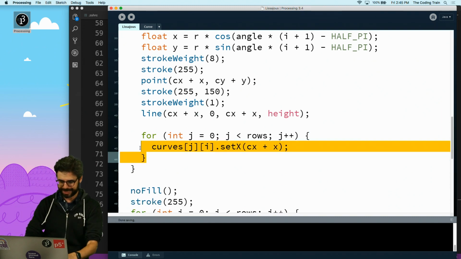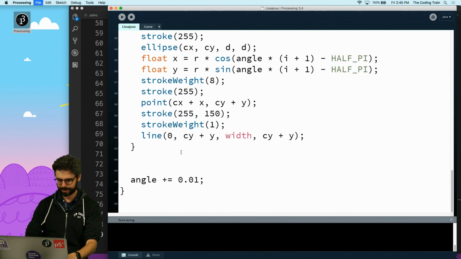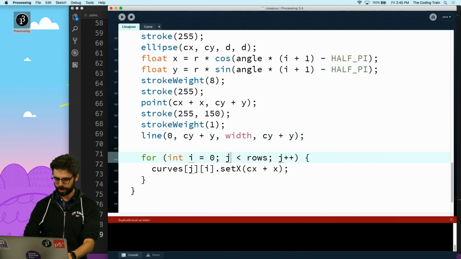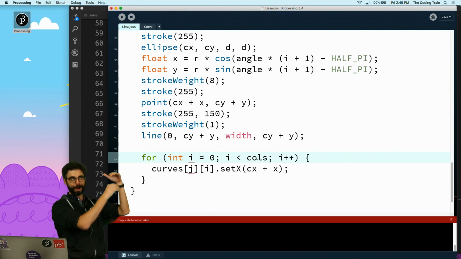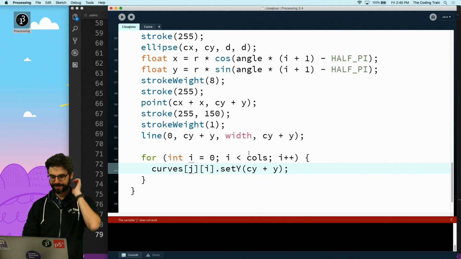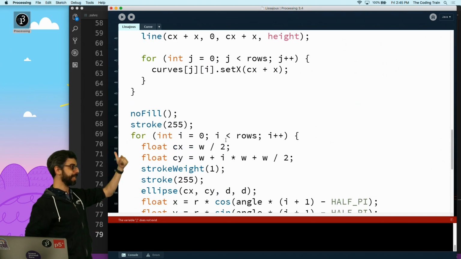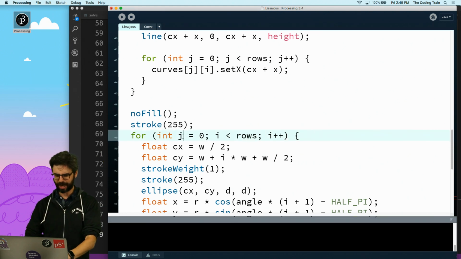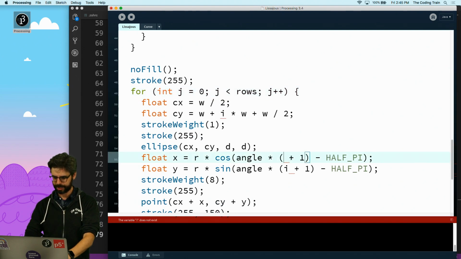Okay, then I'm going to do exactly the same thing down here. But this time, I'm going to go through the columns, because I'm going through the rows, so for each row I go through each column, and this stays the same, but now it's Y, and I want to set the Y point. We've got a problem. So I used I here, but I should use J now. So I should be consistent and try to always use J with rows and I with columns, which means these have to change, and this has to change. Okay.